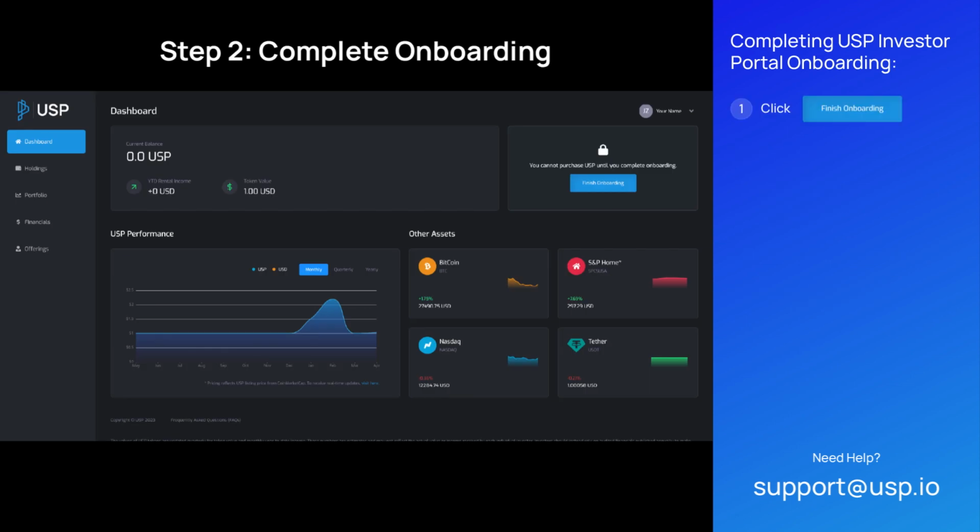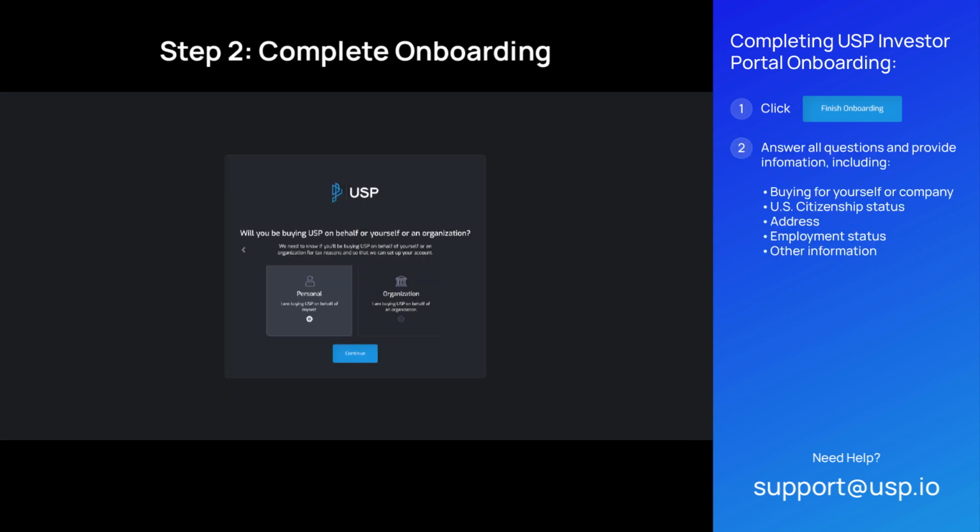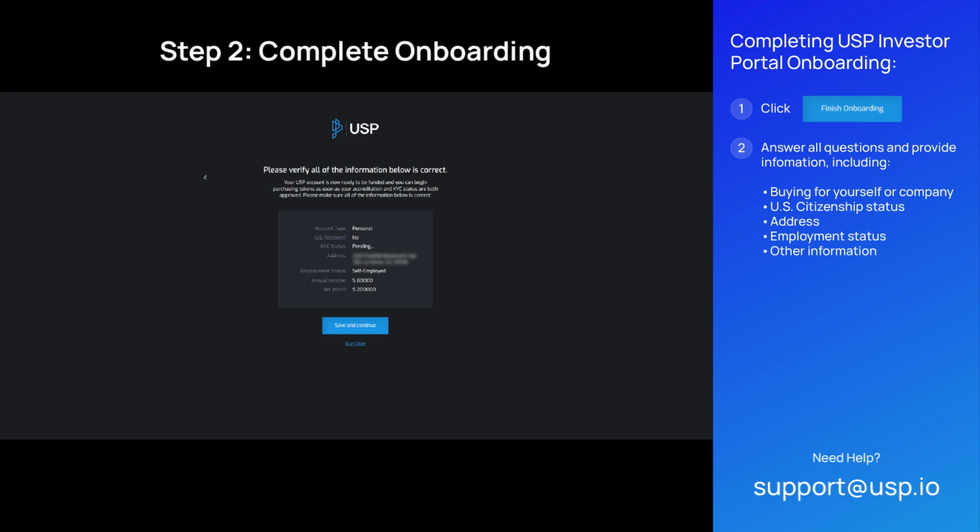First, click on Finish Onboarding in the top right of the screen, or scroll down on mobile. You will be prompted with a series of questions, including whether you are buying for yourself or an organization, your U.S. citizenship status, your address, your employment status, and other information USP needs in order to verify your account. When you have completed onboarding, you will see this screen. Verify that all of the information on the screen is correct, and then click on Save and continue to move